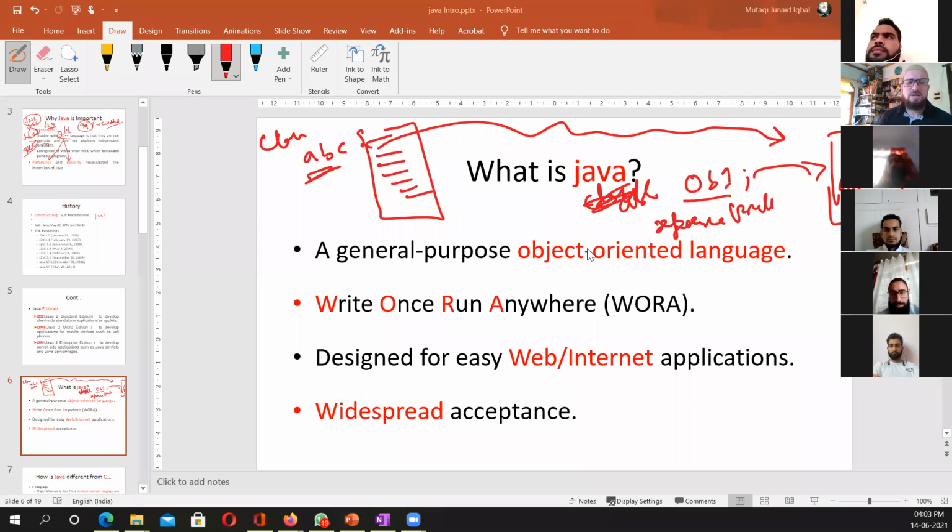What I am saying is, in Java, everything is in the class. We create a class, even your main is inside the class, not outside the class. This is the one difference. Second thing is,